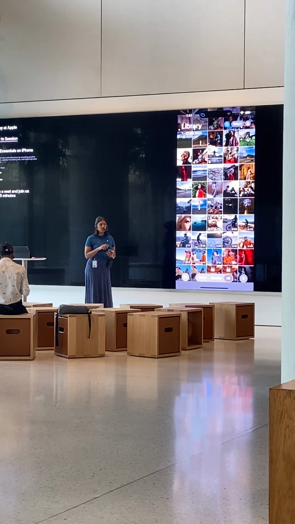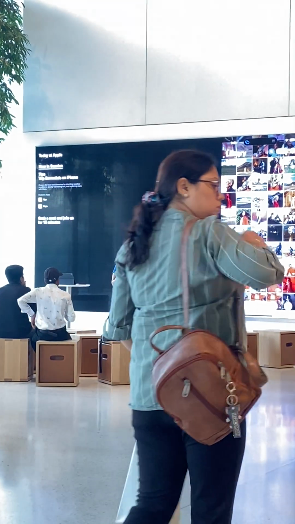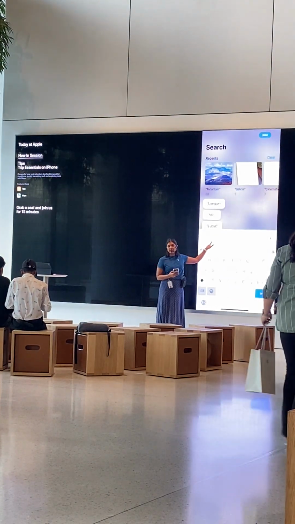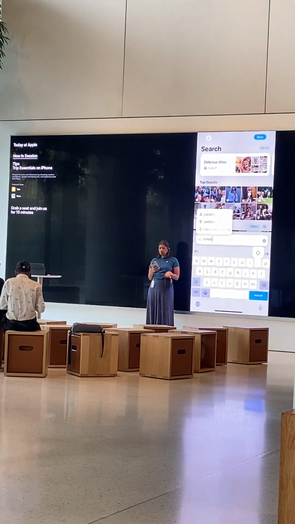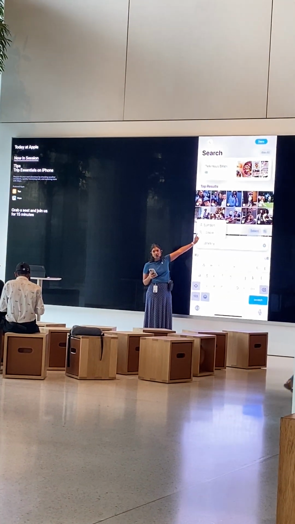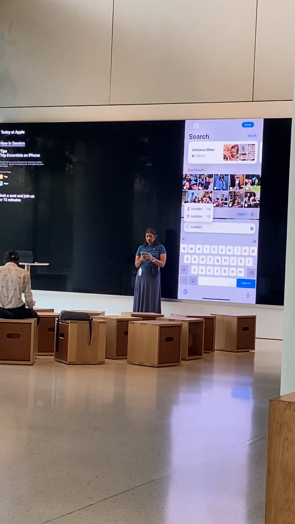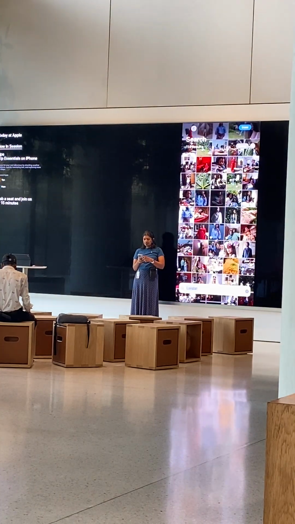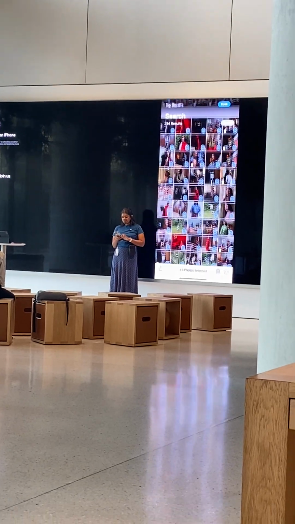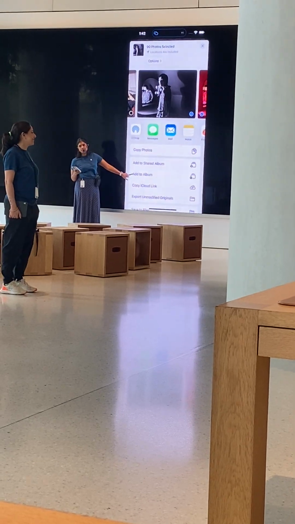I first want to pick out all of the photos that I took on vacation, right? Instead of scrolling through your entire library, what you can do is use the search bar and type out the name of the location of your vacation. So let's say I'm typing out London. All of the photos that have been taken there are going to be shown here using the search bar. Then I can tap on London and it shows you all the photos that are taken there. So now it's easy for me to select. So just drag. And now you can tap on the share button to add to London.